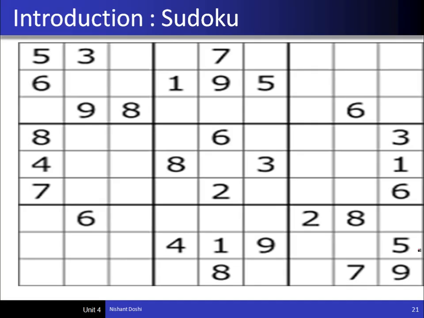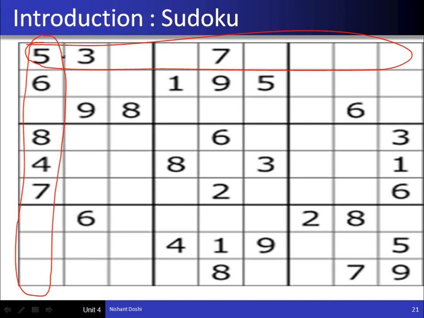So let's take the example of a Sudoku. That is one of the Sudokus. It's a 9 cross 9 grid and it is full with numbers. We have to make sure there are certain conditions that we have to fulfill. Now how many conditions? First, in each row, we have a number from 1 to n, 1 to 9 here because it's a 9 cross 9. Now in each column also we have to make sure we have a number from 1 to 9, and thirdly